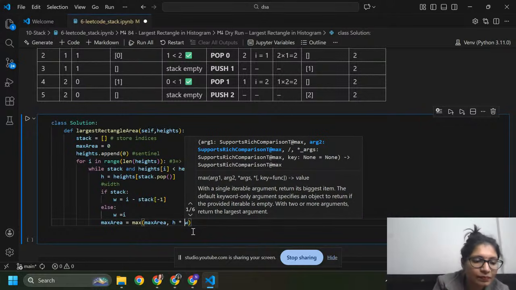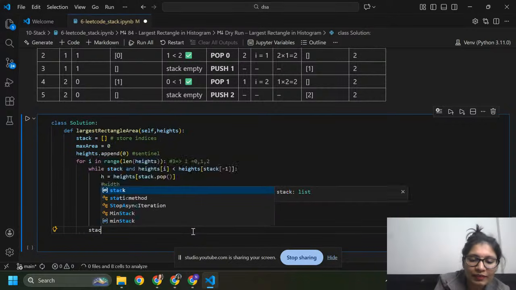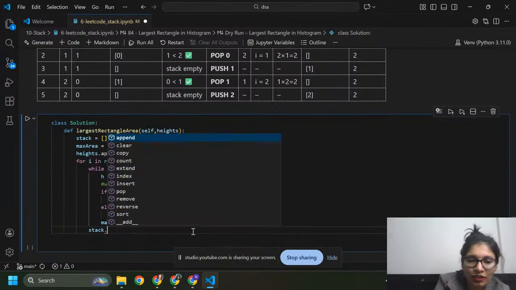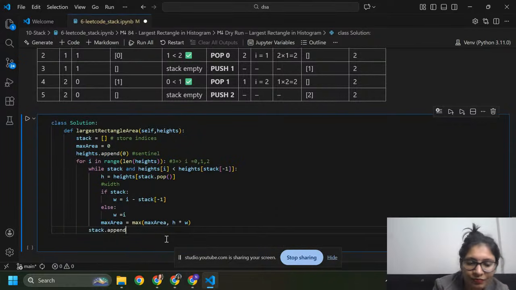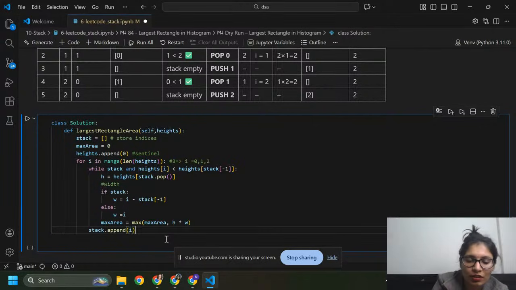And here after this I am going to write stack dot append I. Guys, this is for push. So I'm going to write this is for push.